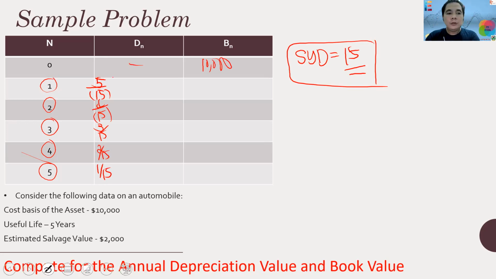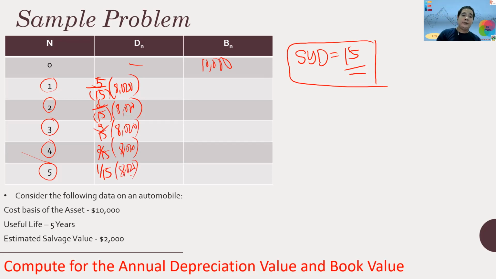So therefore, multiply each of these by 8,000. Okay? So on your first year, 5 divided by 15 times 8,000, your depreciation value